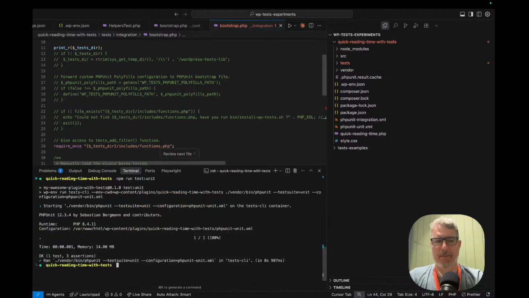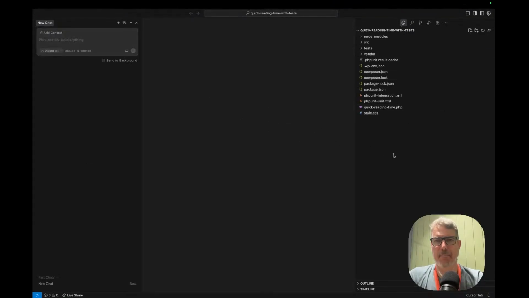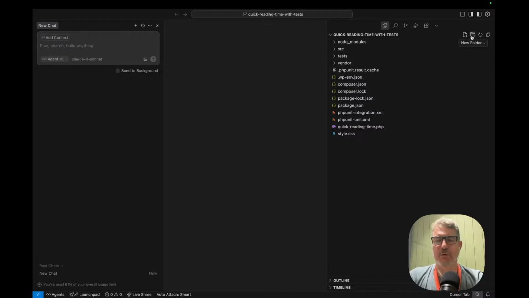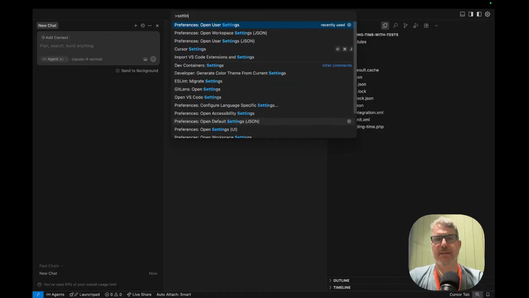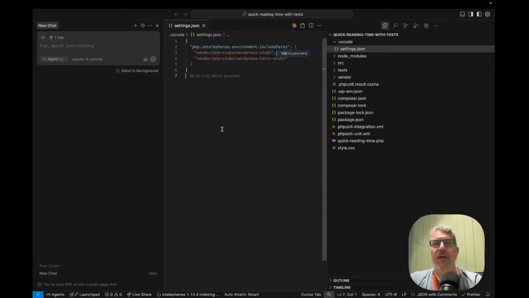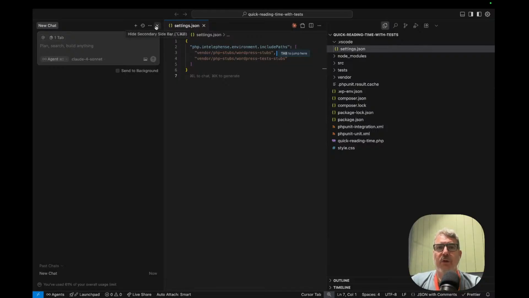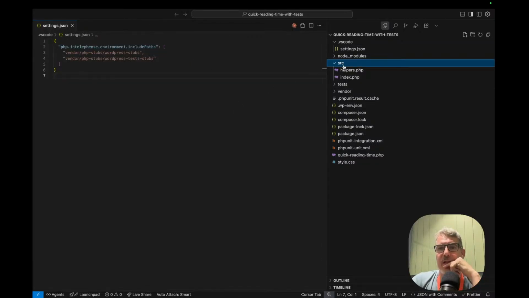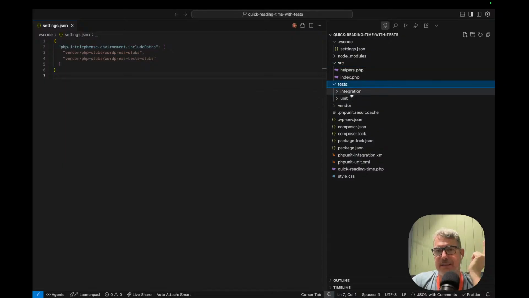We are going to open this in a new project, and here what we're going to do is settings, workspace settings, so we need to include in IntelliSense. Okay, so the problem we are having here is that in the tests, in the integration